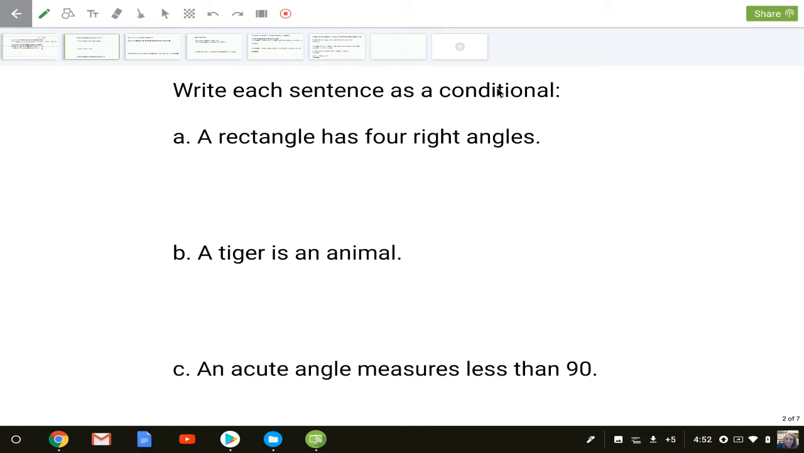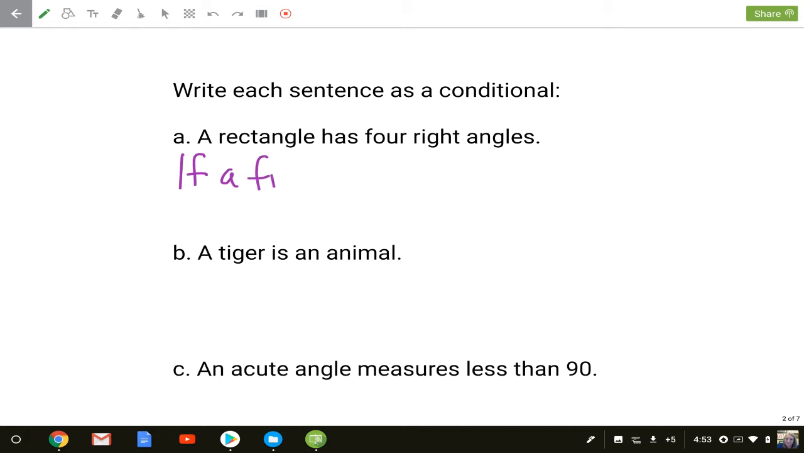Okay, so in each of these examples, we're going to take a regular sentence and try to write it as a conditional statement. So: a rectangle has 4 right angles. I want to give this as an if-then statement. I'm going to take the rectangle part and make that into the if, the hypothesis. So I would say, if a figure is a rectangle,